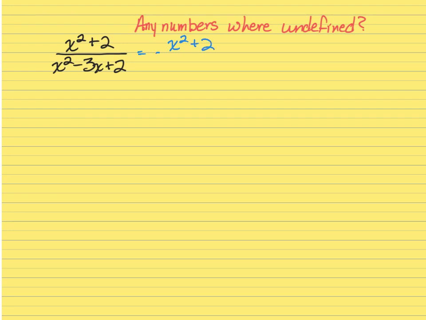And that's done most easily by factoring the bottom, the denominator, x minus 2, x minus 1. And you can now see that if x equals 2, then the bottom equals 0, and that is undefined. If x equals 1, then also undefined. So x cannot equal 2, and x cannot equal 1. So those are the places where it is undefined. You just factor the denominator and figure out where it is equal to 0. All right, so